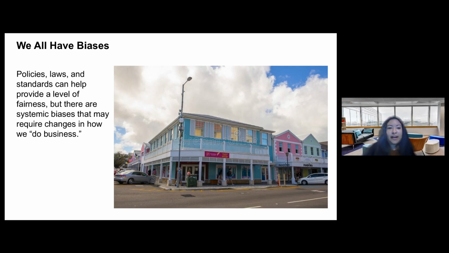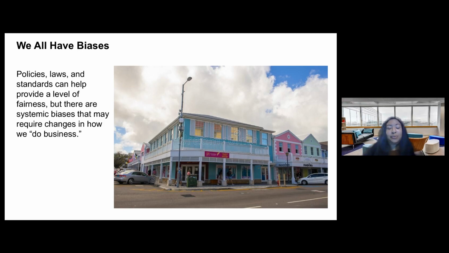And so standards and policies and laws, like all of our commissions use, those are great because they can really help provide a level of fairness, right? So when you're a commissioner and you're judging an application, you really want to check, what is my opinion? What's something I just don't like? And versus what actually matches my criteria or my preservation ordinance, right? And judging it by those standards.